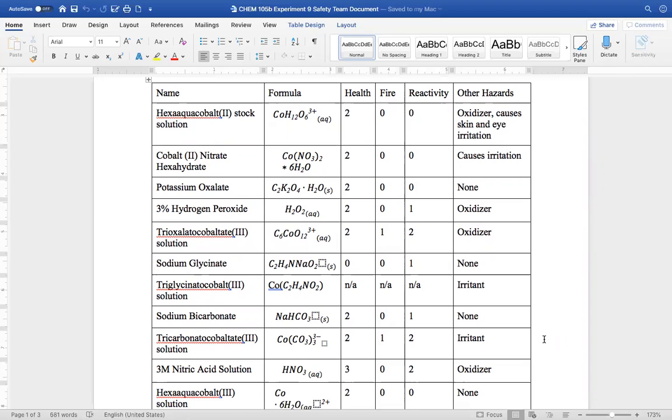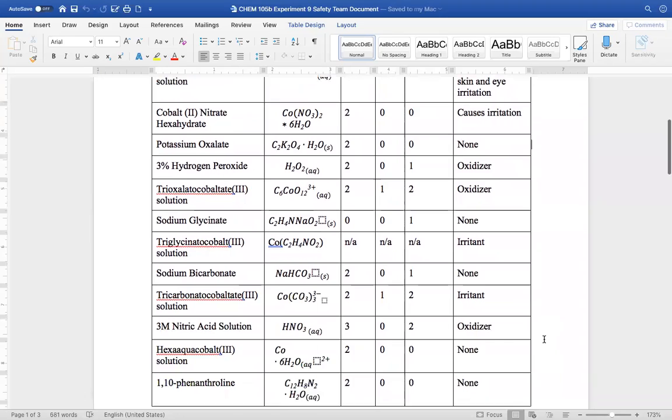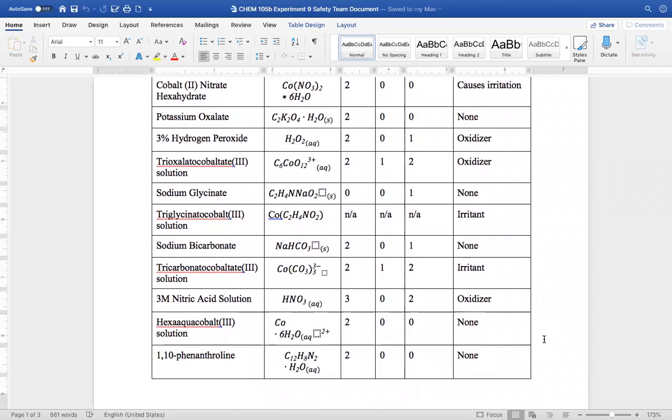Next is potassium oxalate, C2K2O4, hydrated. Health is 2, fire 0, reactivity is 0, with no other hazards. Next is 3% hydrogen peroxide. Its formula is H2O2, health of 2, fire of 0, reactivity of 1, and it is an oxidizer. Next is trioxalate cobaltate 3 solution. It has a formula of C6CoO12 with a health of 2, fire of 1, reactivity of 2, and it is